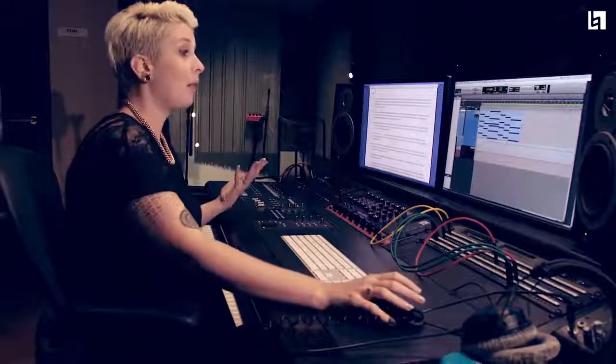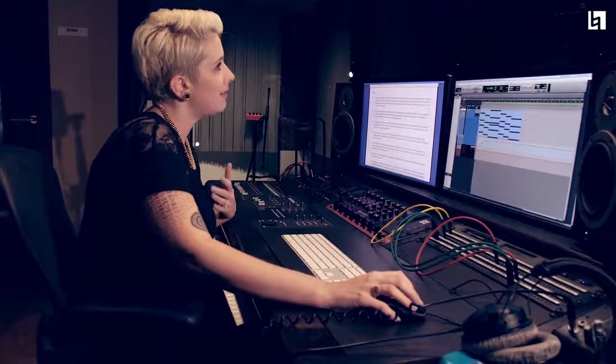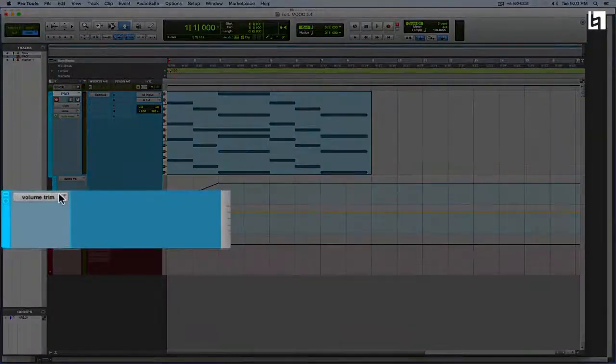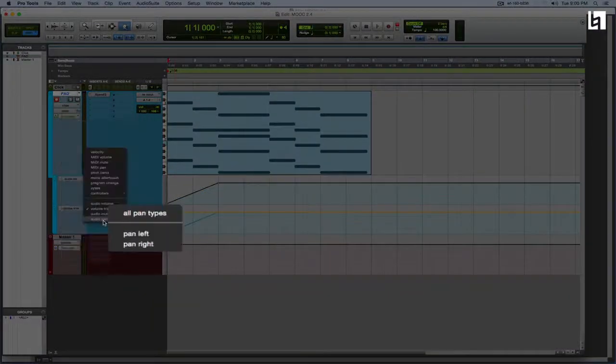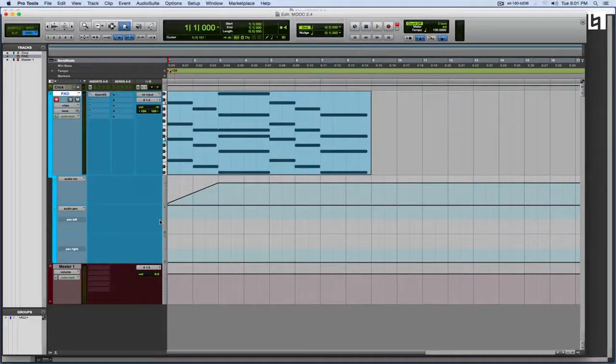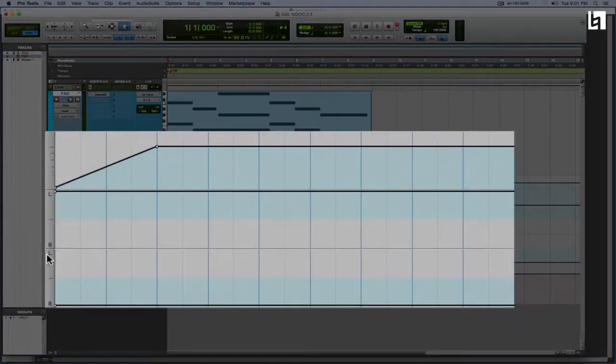So to create a new automation lane, there's a little plus sign next to the first automation lane that we've already created. And if I hover over it, it will say Add Automation Lane. And in this option, you want to go to Audio Pan and then All Pan Types. And the reason we choose all pan types is because we have a stereo sound. So we want to pan both left and right channels. And as you can see, when I create this lane, there's a left-right for your left channel and a left-right for your right channel. And if I want to swoop from left to right, once I hit the third chord,